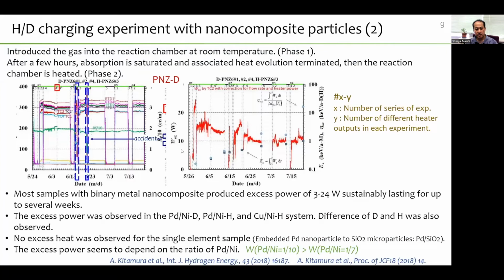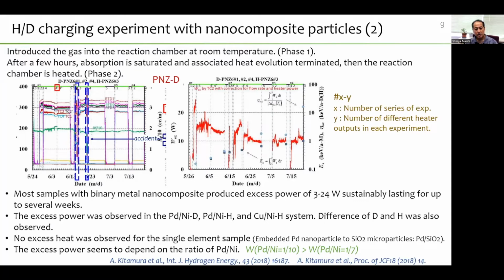So then this is the result. This is a temperature behavior in a series of the experiment. We introduce the gas into the reaction chamber at room temperature. It's this part, and after a few hours, absorption is saturated and the associated heat evaporation terminated. Then the reaction chamber is heated,